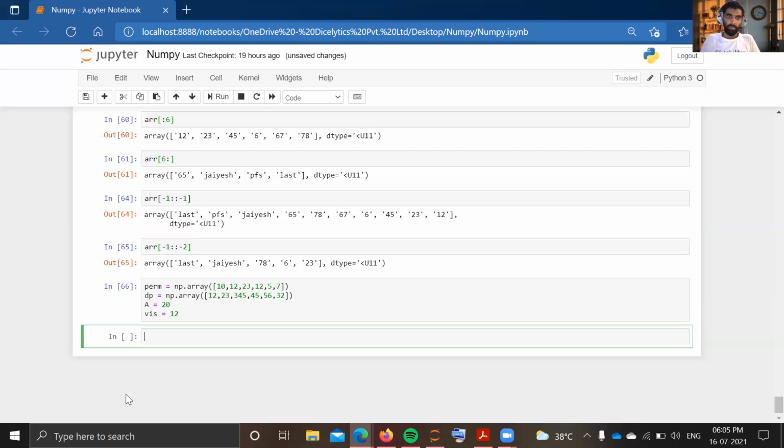So now, leave array slicing for once. Now I want to know what is my flow rate of oil from my second grid, third grid, and fourth grid. I don't need to know the flow rate of oil from the first grid and fifth grid and sixth grid. I just need the flow rate from the second, third, and fourth grid.